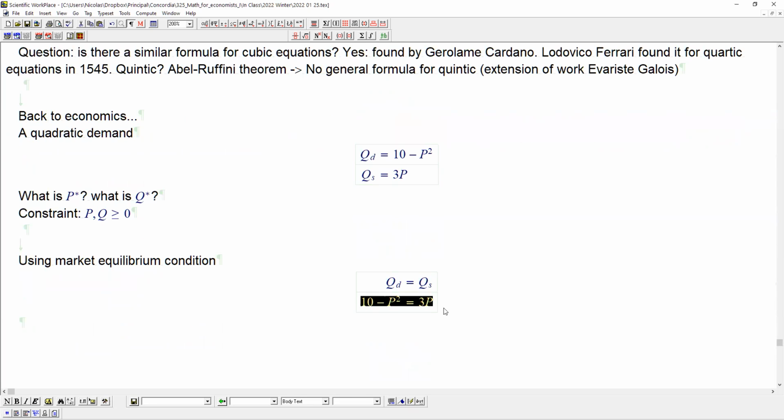So let's put that into a form that is more helpful to us. So that would be minus 10 plus P squared minus 3P equals 0. So P would be equal to